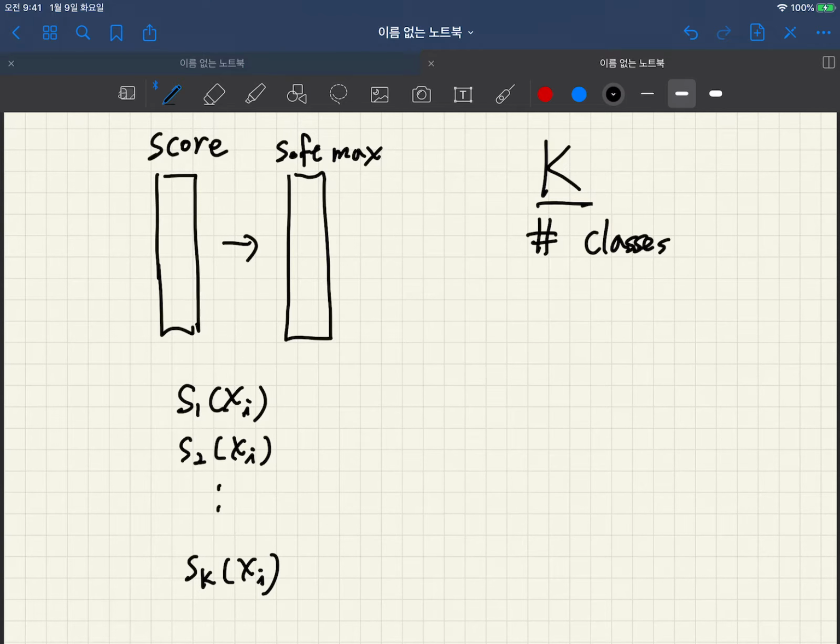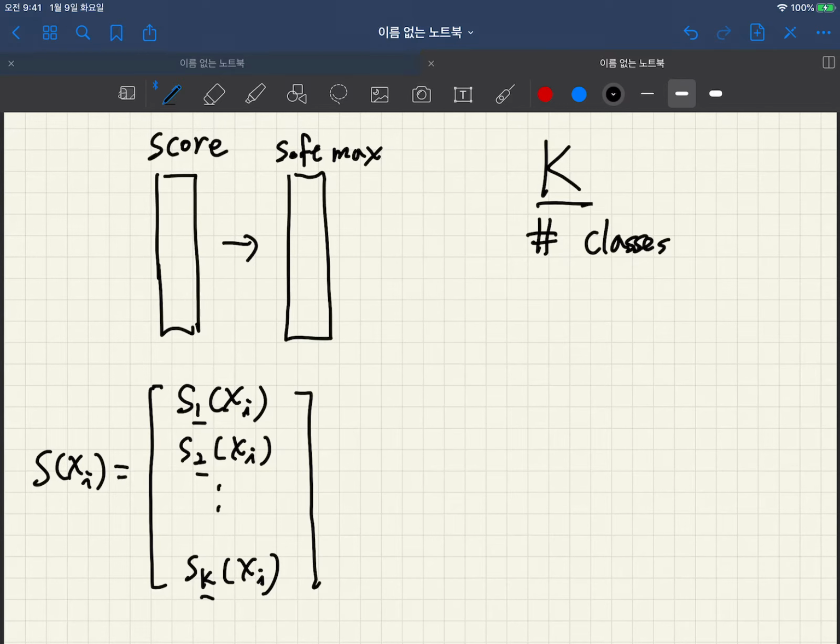Here the number indicates the class index. And I will use the notation S(xi) to denote the vector consisting of its score